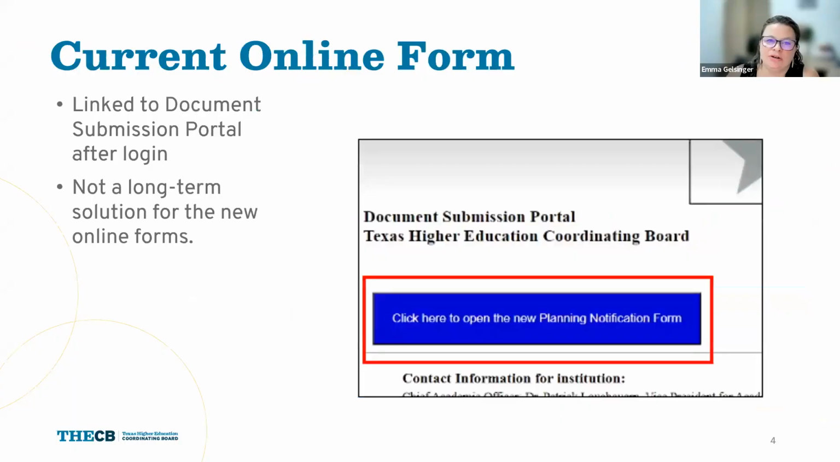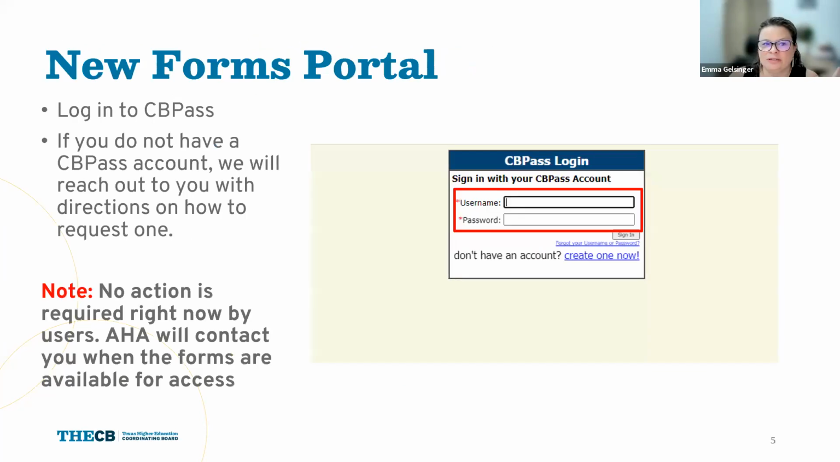Currently, the only online form we have is the planning notification form that is linked in the current document submission portal. That was really not a long-term solution. It was there to get folks used to the forms until the full document submission process was available. I do have screenshots in my presentation about how to do this, but since we are here live,